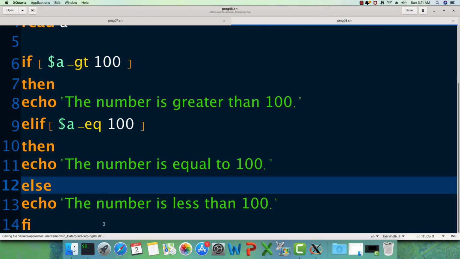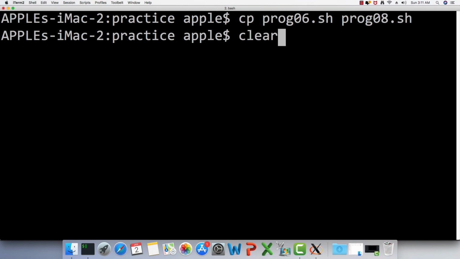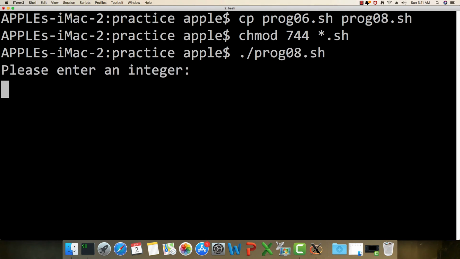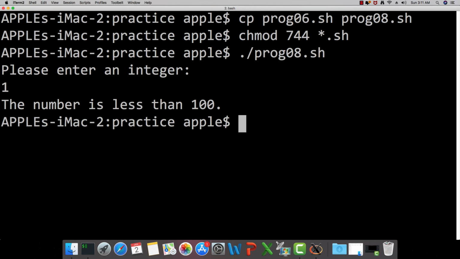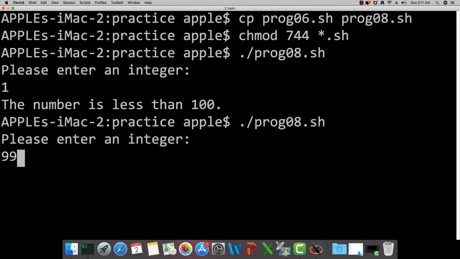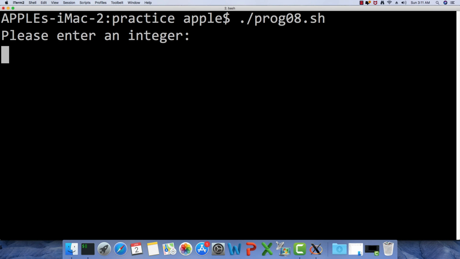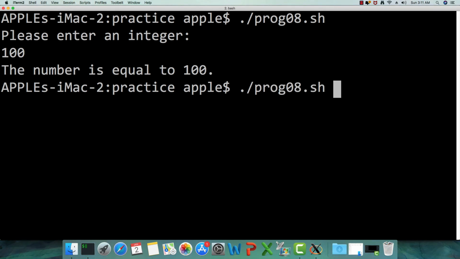So let's save it. Let's change the permissions, sorry, again. Let's execute it. We will have only like 5 to 6 executions of this, right? So it will actually check everything. Number is less than 100. Let's check the boundary. Okay. Now let us check for 100. Yes.